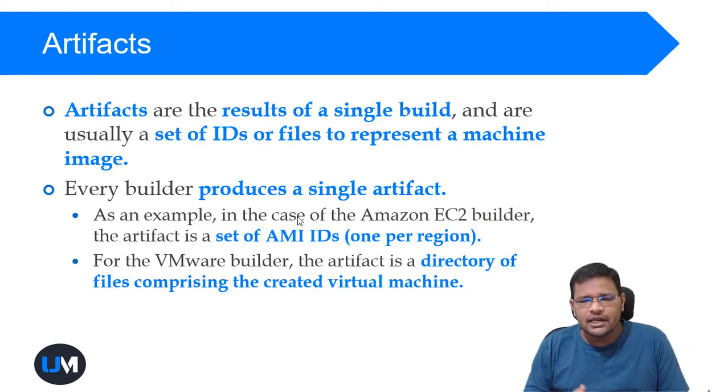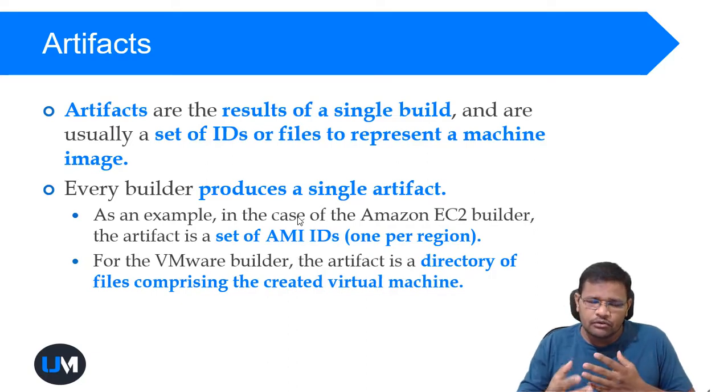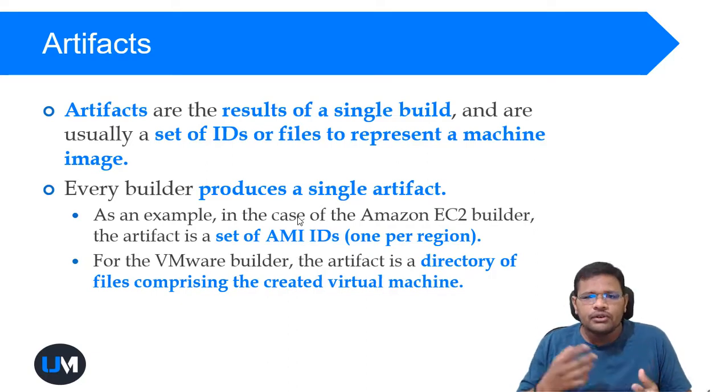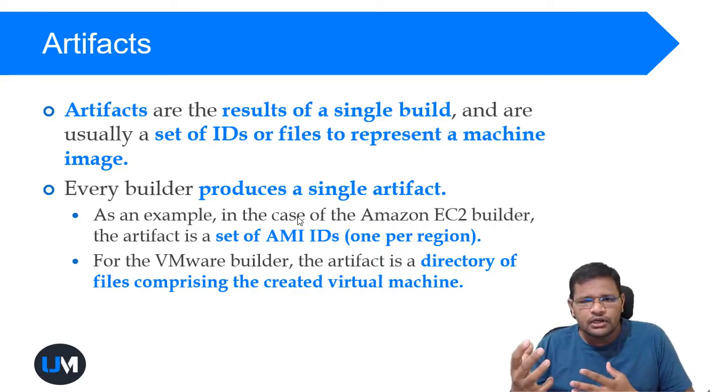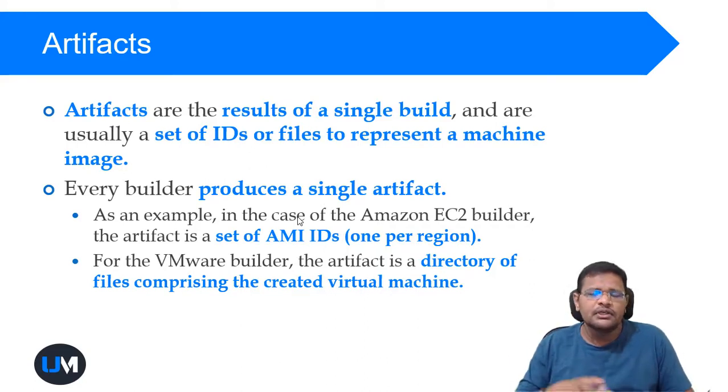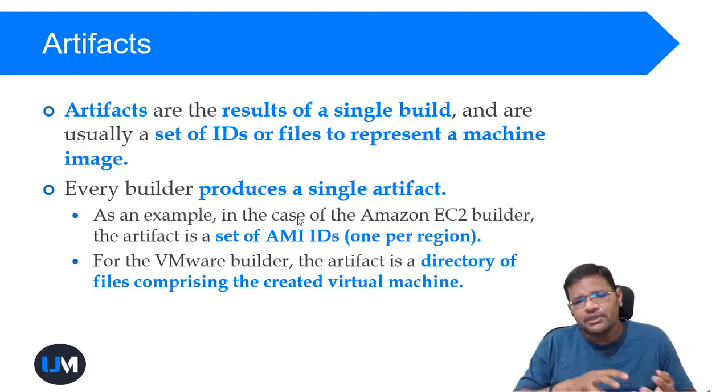Coming to artifacts, as I mentioned, whenever Packer builds an image, it will provide you a certain sort of result, in the form of an AMI ID, or a virtual machine ID, or a VirtualBox location where it will save the file. In VMware, it will be saved as a file, and you need to upload this file to storage accounts, or it may be S3 buckets. So after completing the Packer build, it will provide you the artifacts.